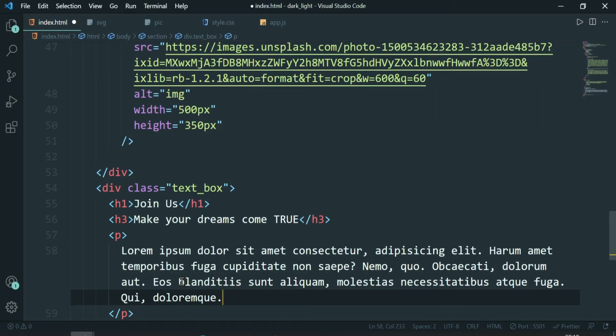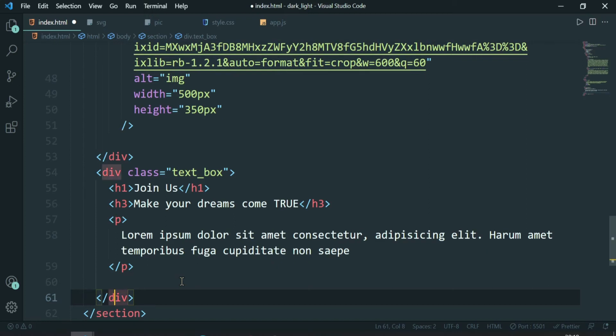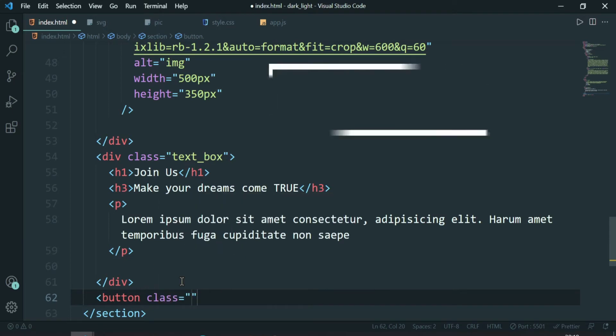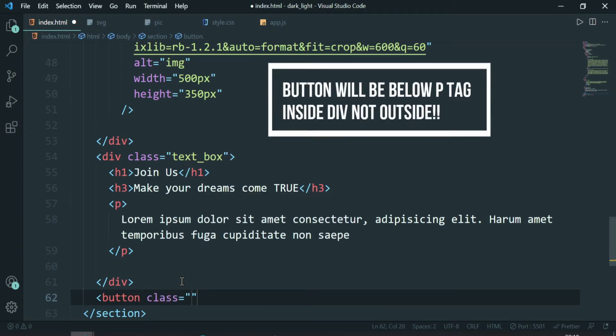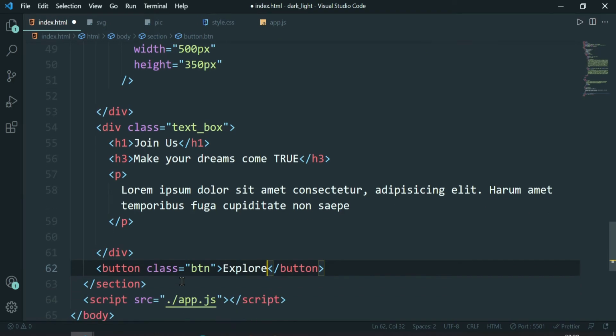After creating all this stuff, we will also be having over here in this div only, after the p tag, one button. So yeah, let's include that button too over here. This will be having a class name of btn, and let's write explore in this button. So yeah, we are good to go with our HTML file.